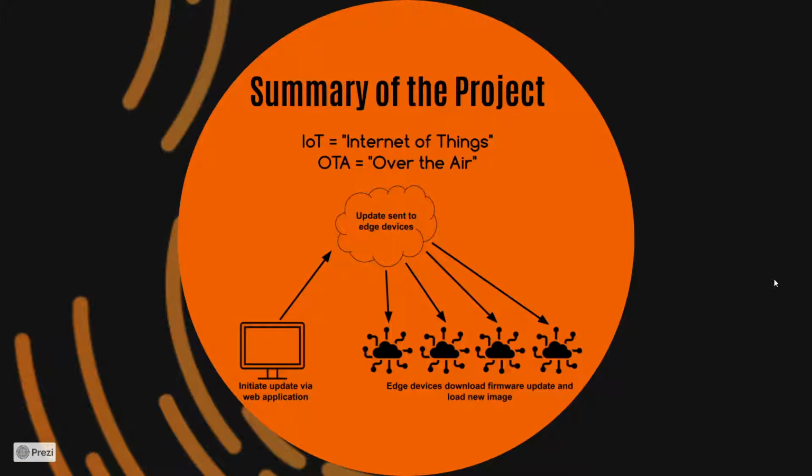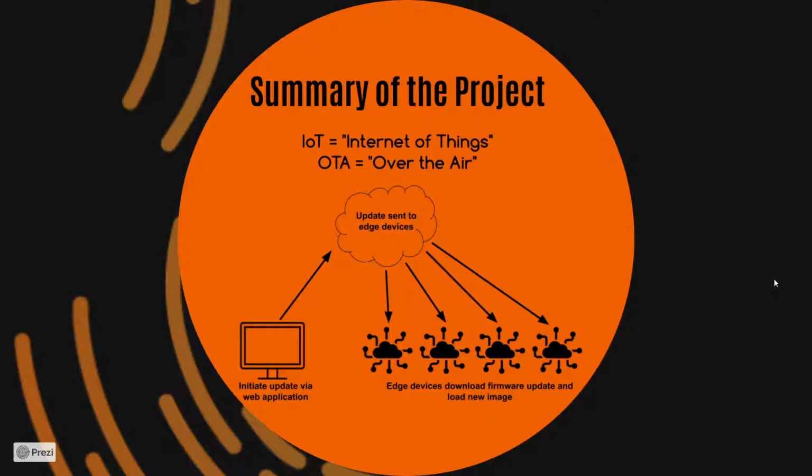To begin, I'll provide a brief summary of what we mean by IoT OTA updates. IoT stands for Internet of Things, and it refers to embedded devices which have a connection to the Internet. OTA stands for over the air. An over-the-air update means that a firmware image is sent to a device over the air, in this case Wi-Fi,